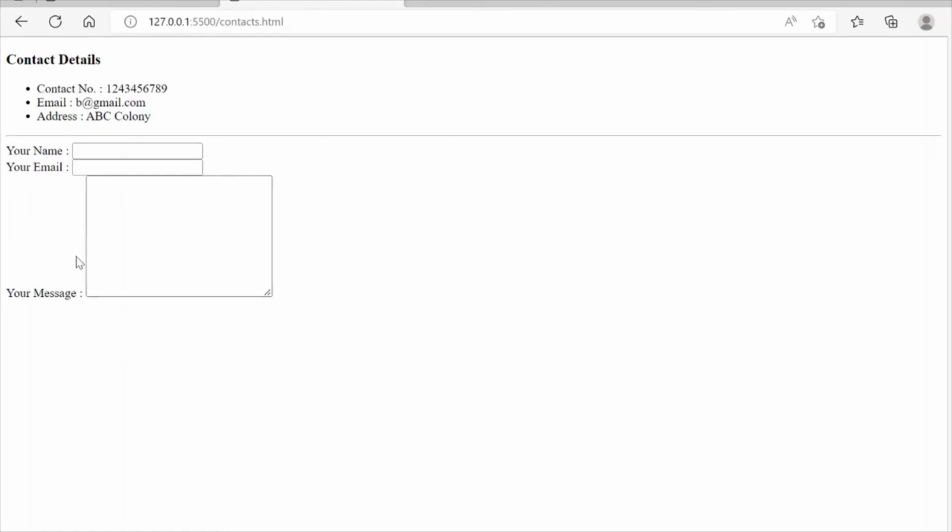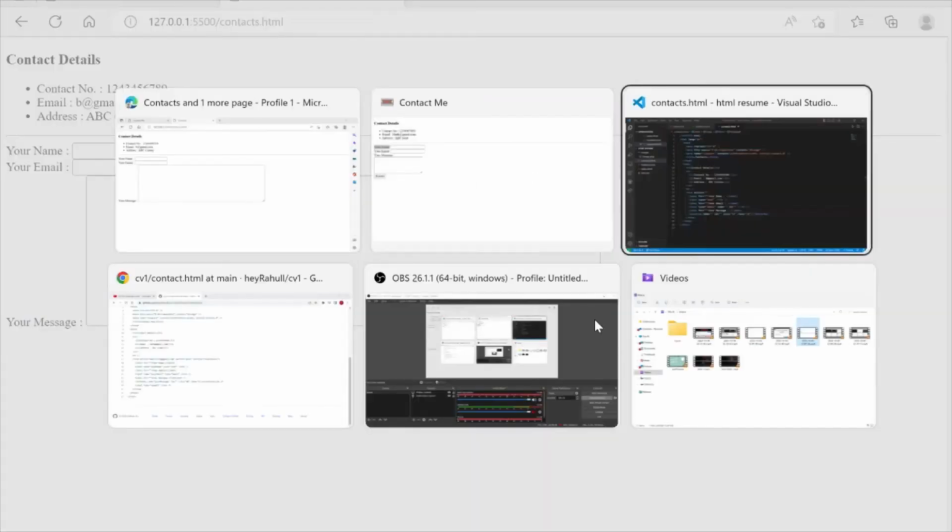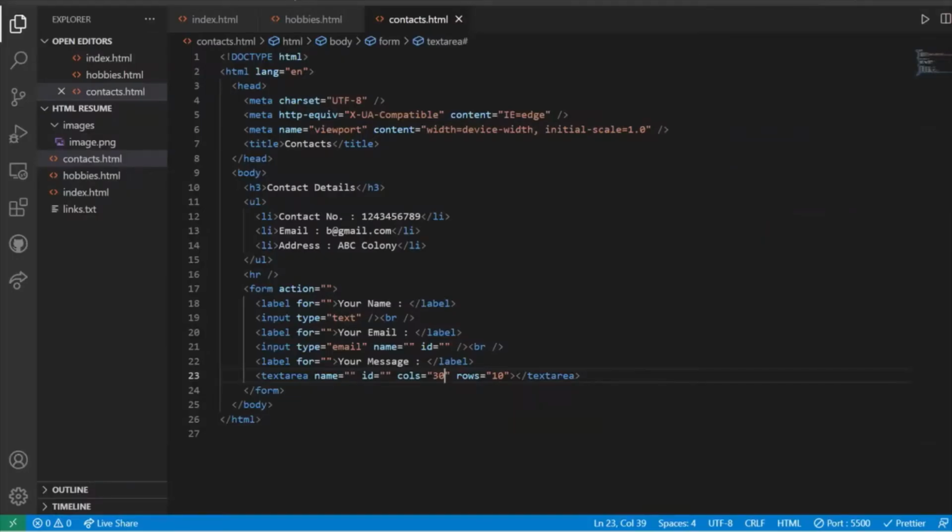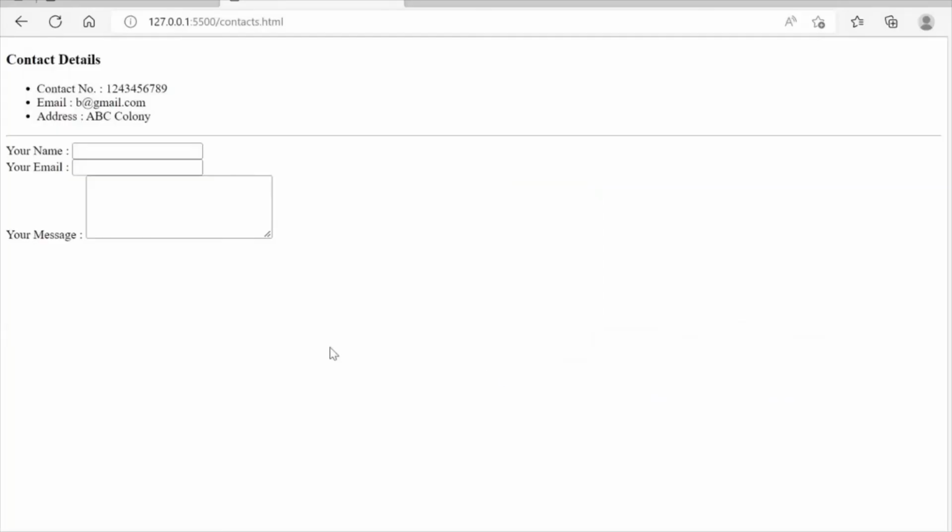This kind of text area. Now you can see that this text area by default has some number of lines and some number of rows which are mentioned here. So what I'm going to do is decrease the number of rows to 5 and hit save. So you can see the structure has now decreased. It is looking good as of now.